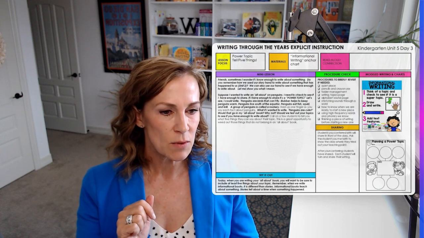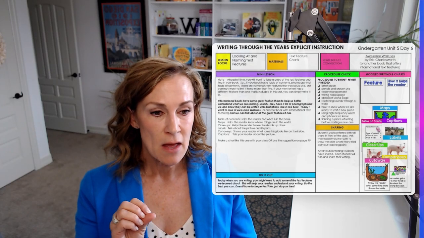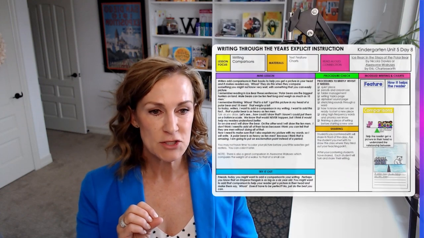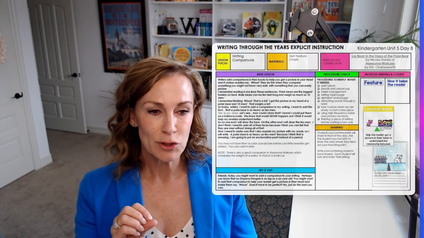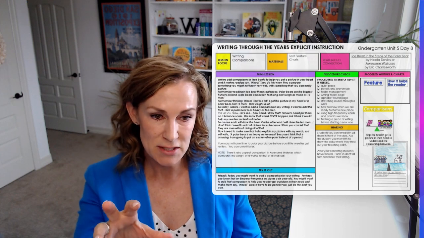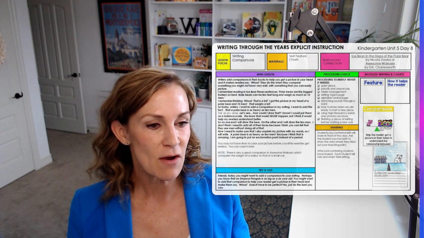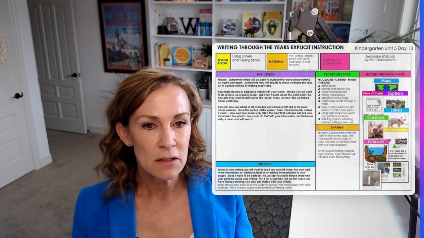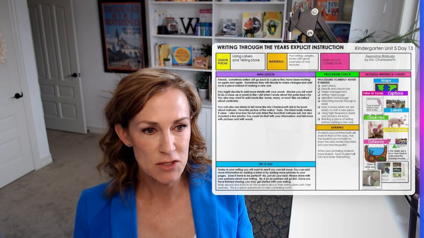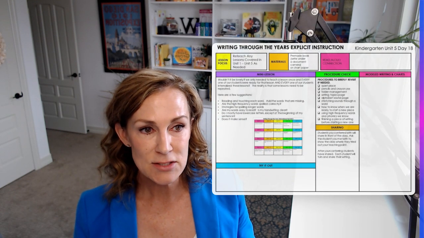Let's see. We want to make sure that we talk about different text features. So there's some charts in there for you as well. We also have examples that are modeled writing. So this is, again, something that you are going to need to do. You're welcome to use my samples if you want to, but make sure that you're adding that modeled writing as well. This one, we're using labels. So lots and lots of text features in this particular month. And again, those last three,